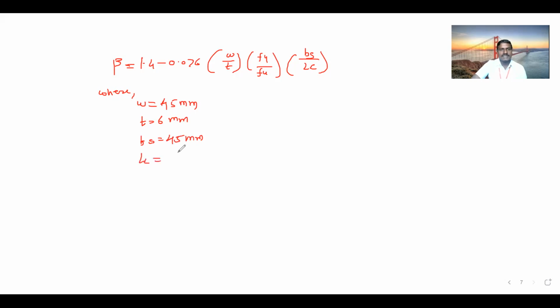Then Lc. Lc is the average length of weld. So here we have weld on 3 sides, not only L1 or L2. We have weld on the D side also. Total आपली LW किती आहे? 289 होती. त्याचं आपण डिवायडेशन L1, L2 and D मध्ये केलं. So we have to take the average of 3.